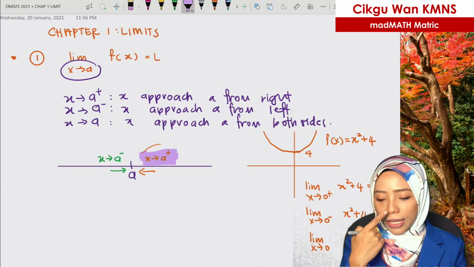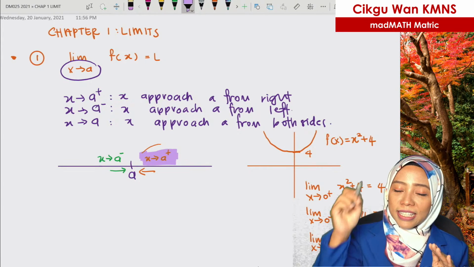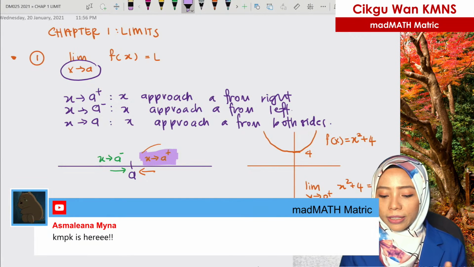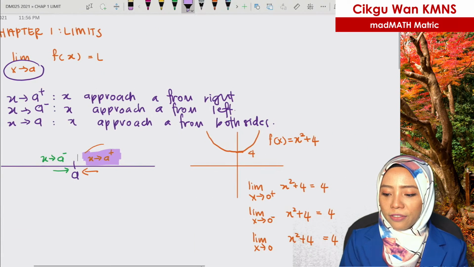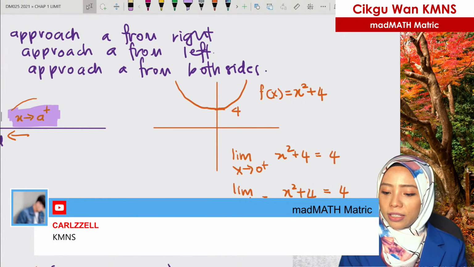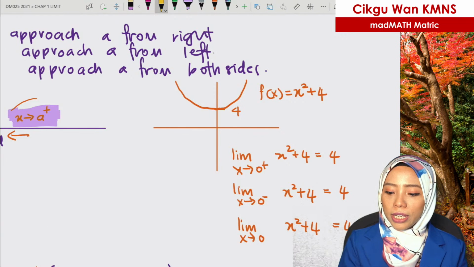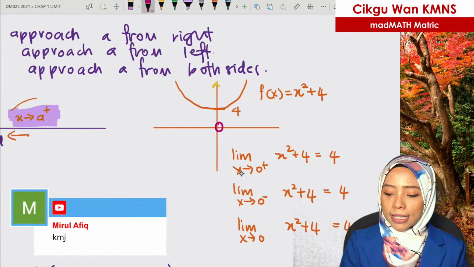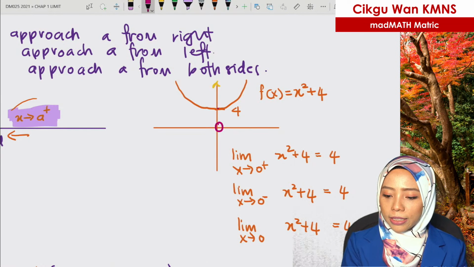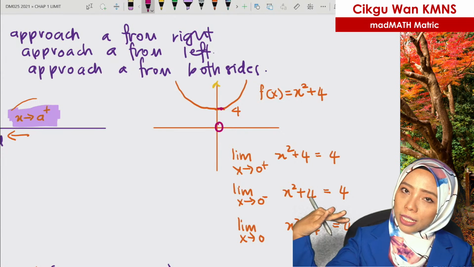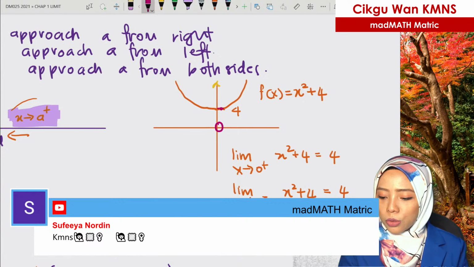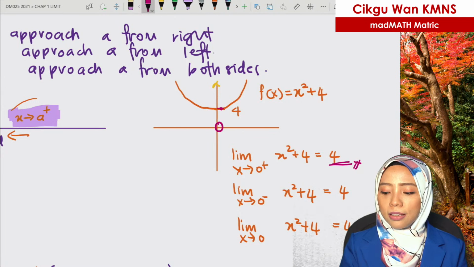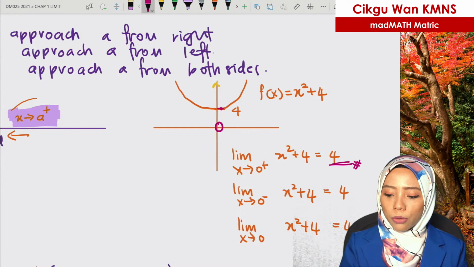And if x is approaching a and it doesn't state either plus or minus, it means that x is approaching from both sides, left and right. For example, we have the function x squared plus 4 given to you. If we are looking at this point when x equals 0, limit x is approaching 0. When we are talking about approaching, it's getting closer, mendekati kosong. So we straight away substitute 0 squared, which gives 0, plus 4, gives answer 4. While limit x approaching 0 from the left